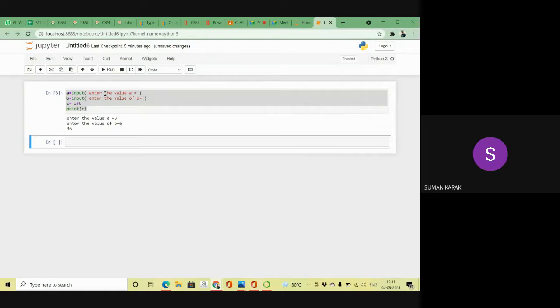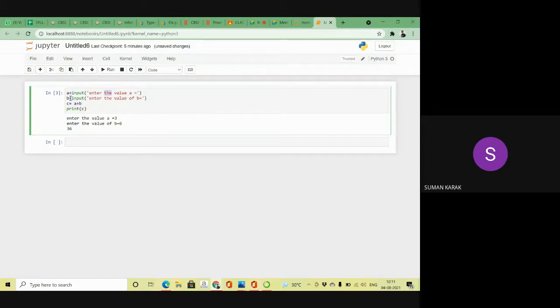Suppose I take the value, in which variable is it stored? The A variable, right? And if I take the value of b, this value is stored in the variable b, right? Now the problem is that when you take the value from the user, by default it will be stored as a string value.